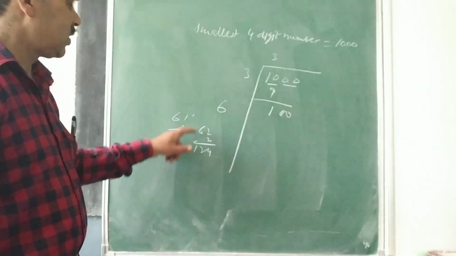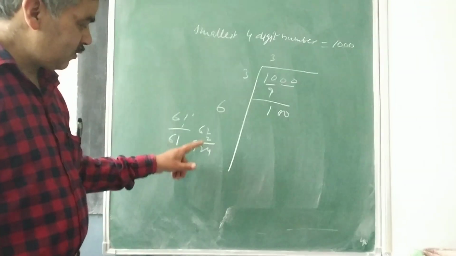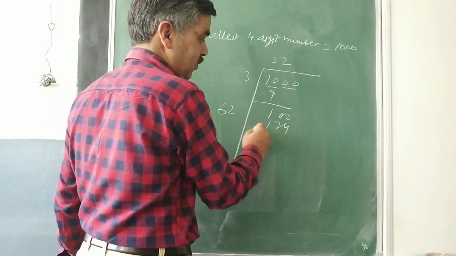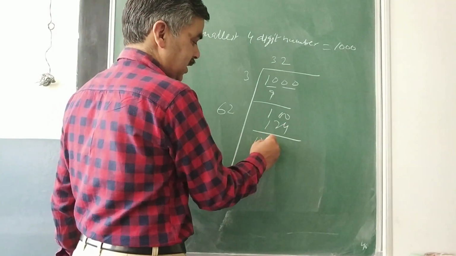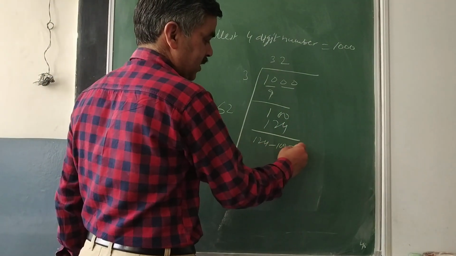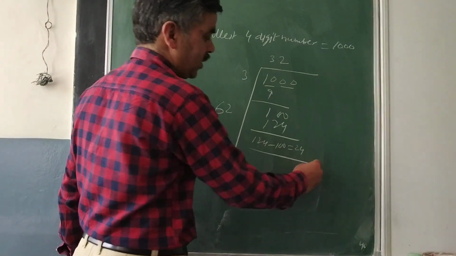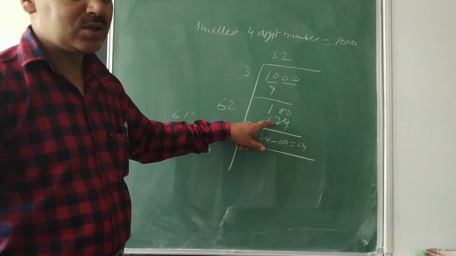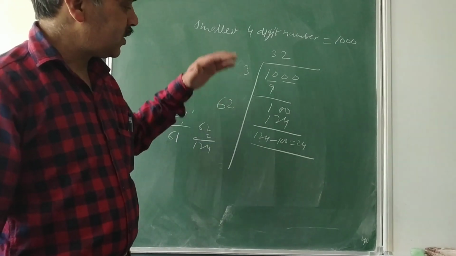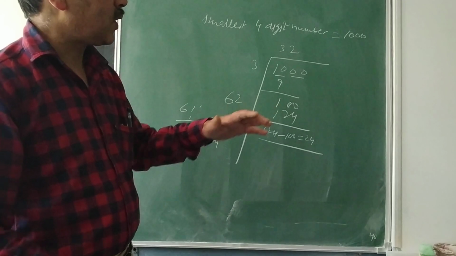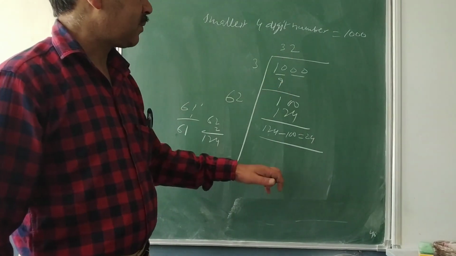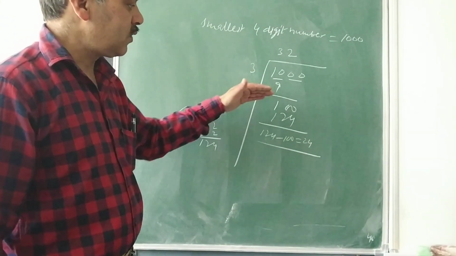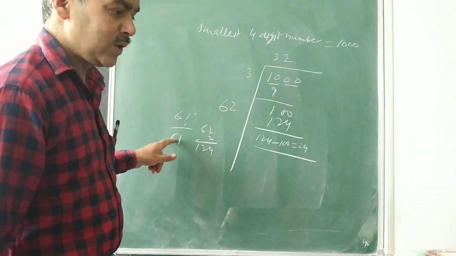What we usually do, I am not to do here. I have to go for the next. So I put 2 here and 2 here and 124 here. Then the resulting number will be 124 minus 100, that is equal to 24. Usually what you are doing is 100 minus 124. I hope you understand my point. I am saying in this case, when you have to add the smallest number to a number to make it a perfect square, in the last step of this you have to be very careful. Usually whatever you are doing, you are doing this.